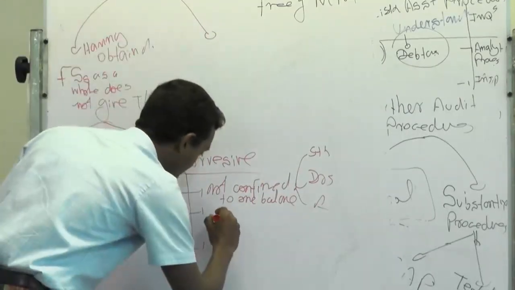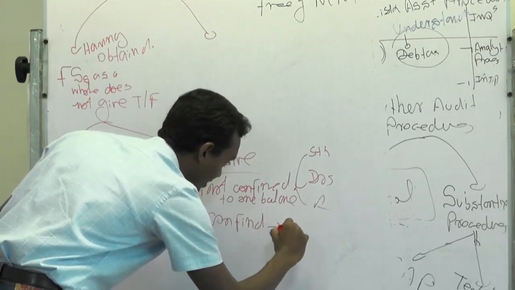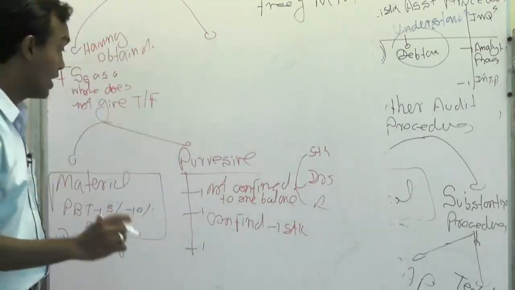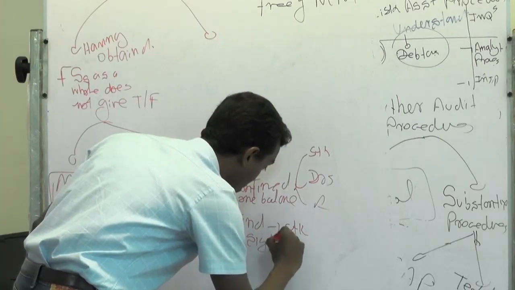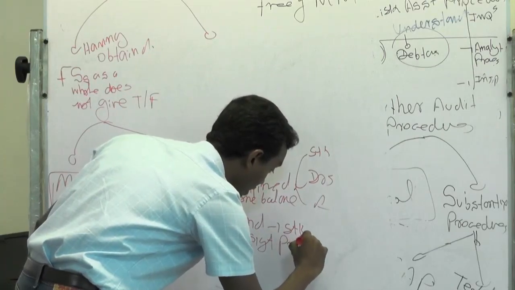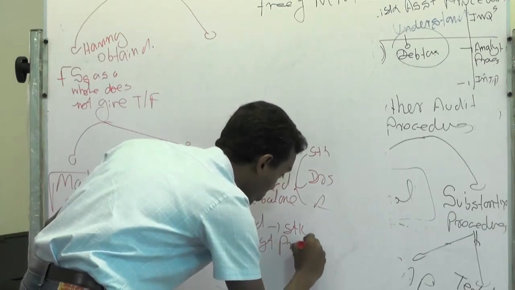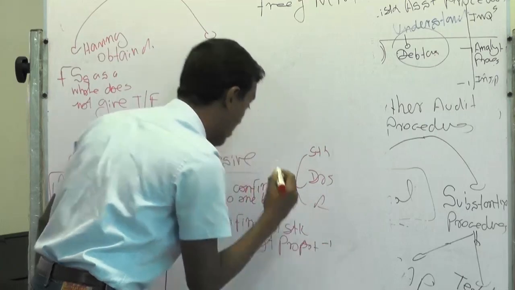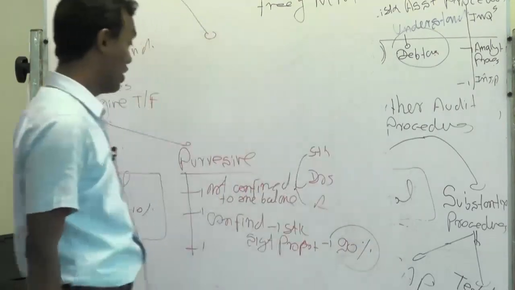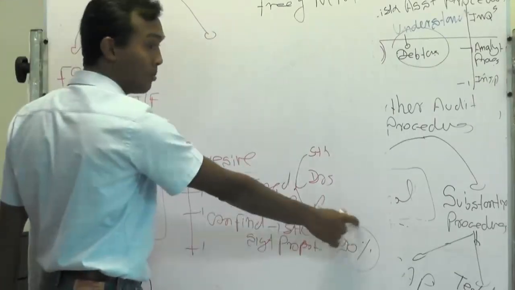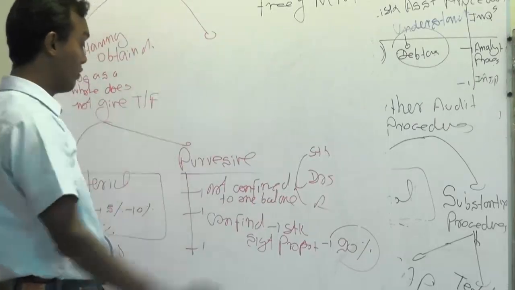Second one, confined. Now, we say it is not many, but it is only inventory, stock is wrong, but stock represents a significant proportion of financial statements. So, I write the word, please write it properly, significant proportion. So, if in the balance sheet 90% of my asset is a single asset, which means my stock is 90% of the balance sheet, if stock is wrong, my problem is not only material but pervasive.